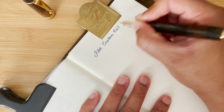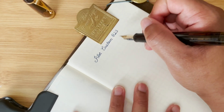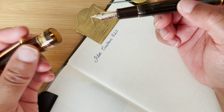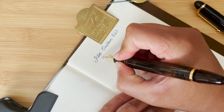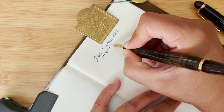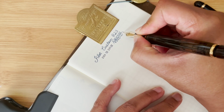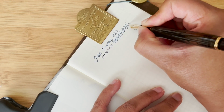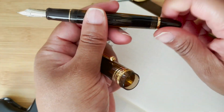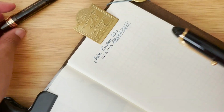I really like how fine it is and how I can really form my letters a lot easier with this size in comparison to the next nib. It writes really well. It's not scratchy. Both of my 823s have been well tuned. And let's look at